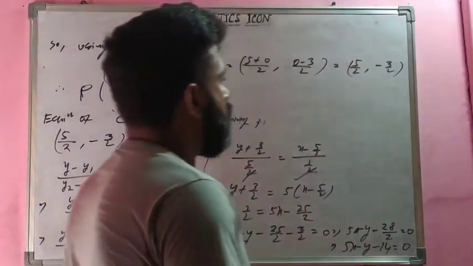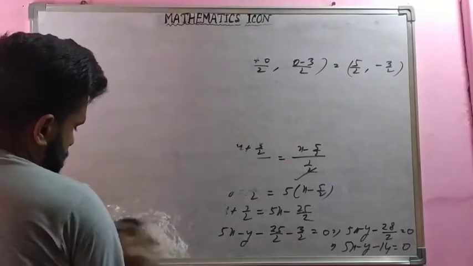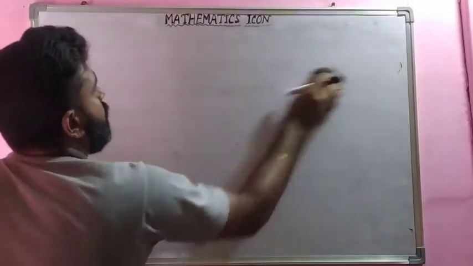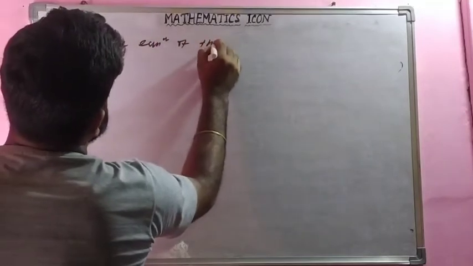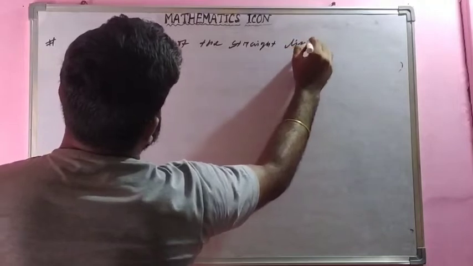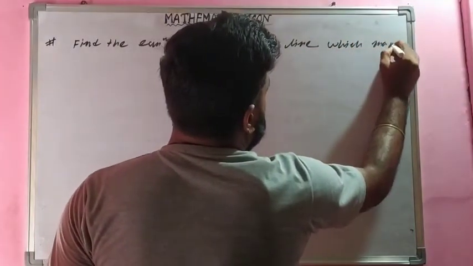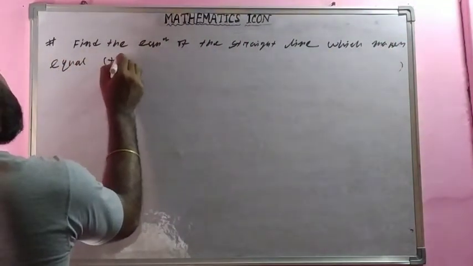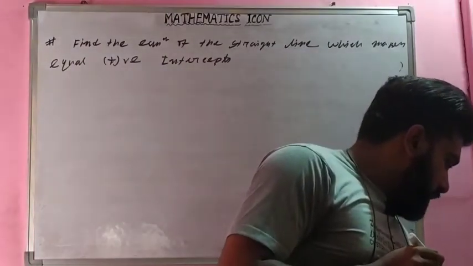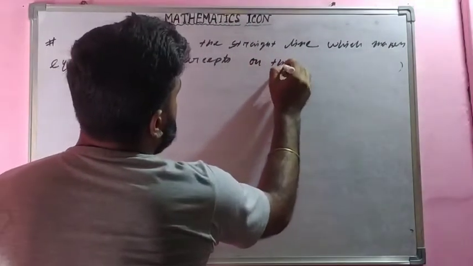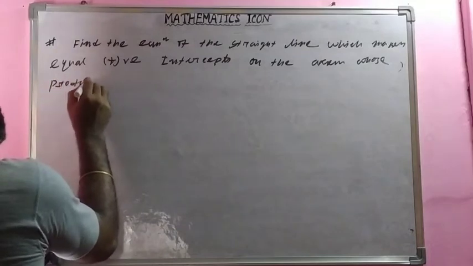Then find the equation of the straight line. Next question लिखो. Next question. Find the equation of the straight line which makes equal positive intercepts on the axes whose product is